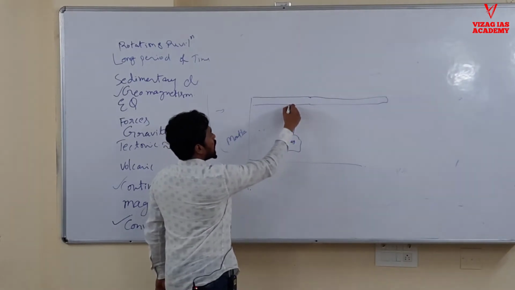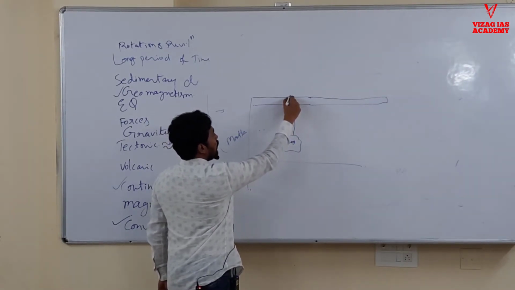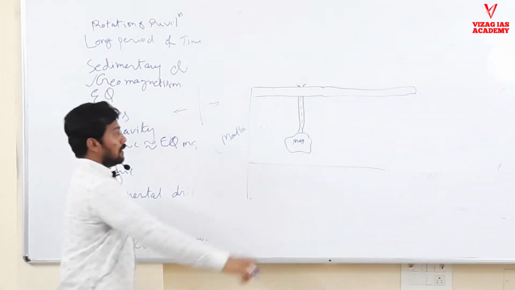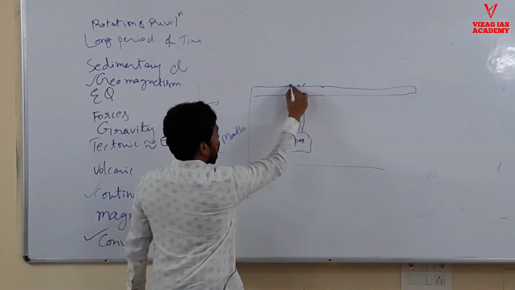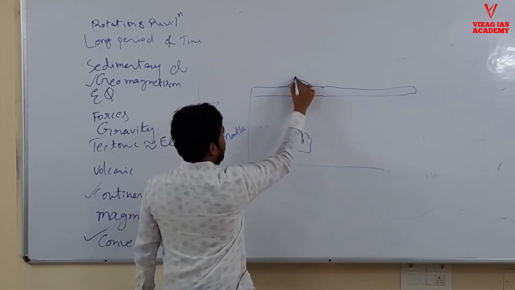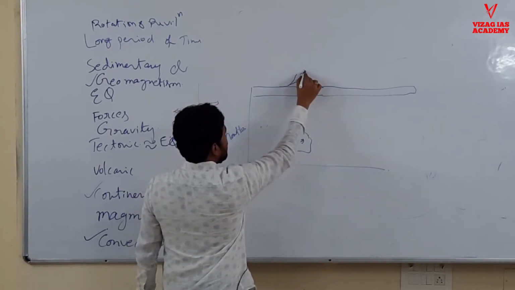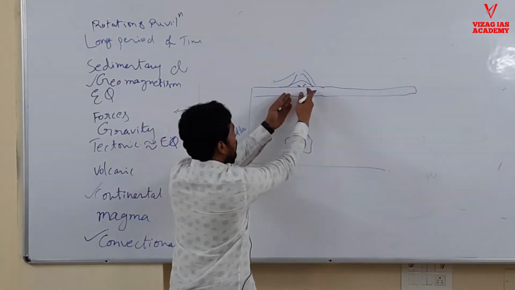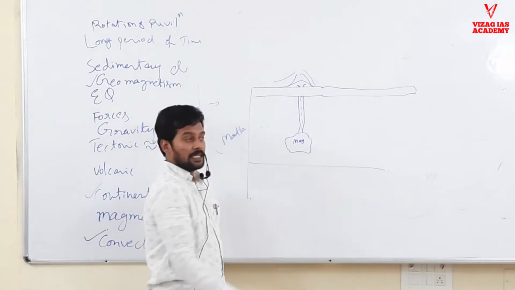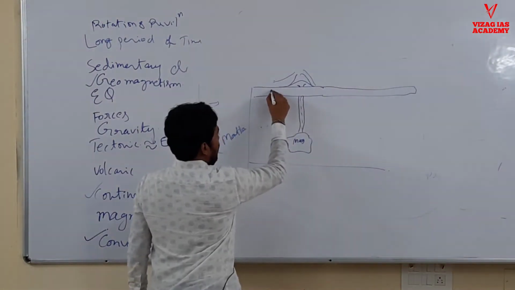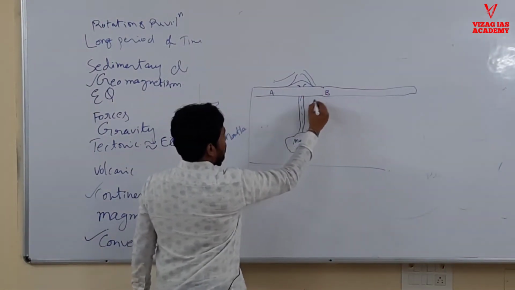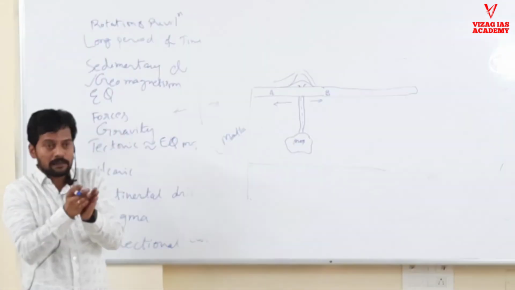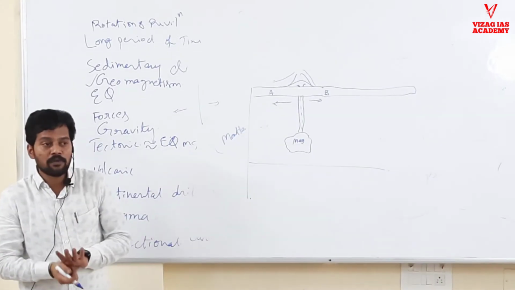Once it started coming up, it tries to lift it up. It may not burst out exactly. It will try to lift it up, break it slowly, isn't it? Like this. What happens? This will be moving aside. This plate A, now it is B. This side it is moving, this side it is moving. Both are moving. Why is it moving?